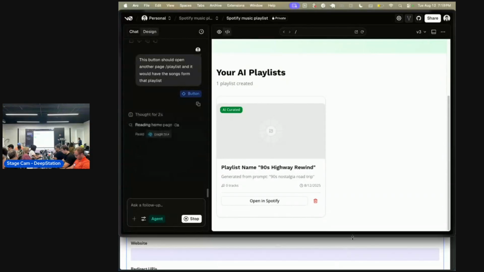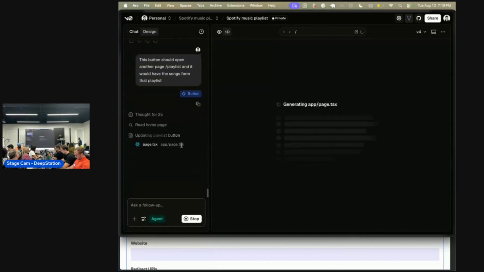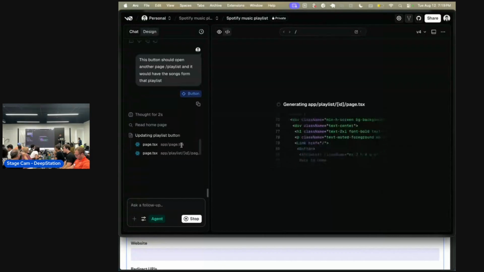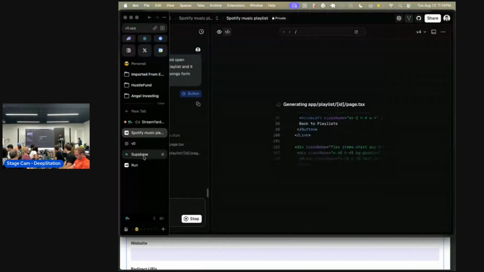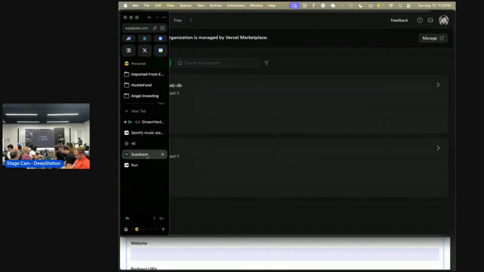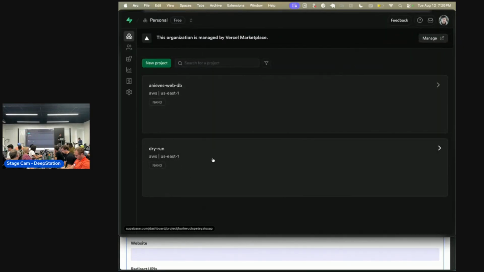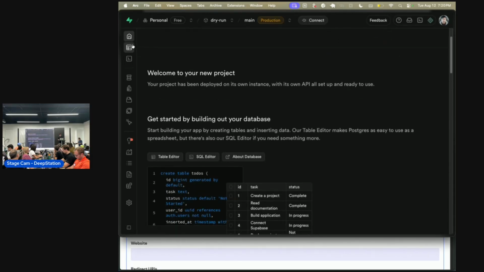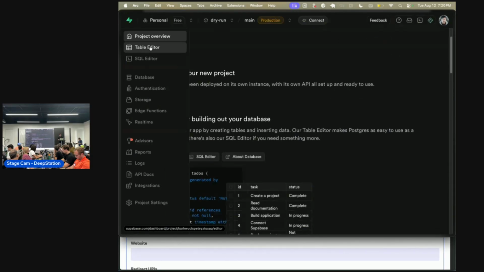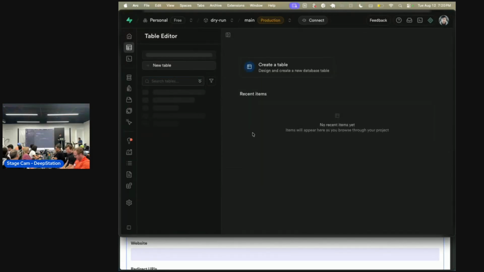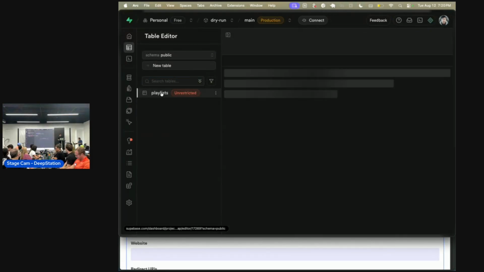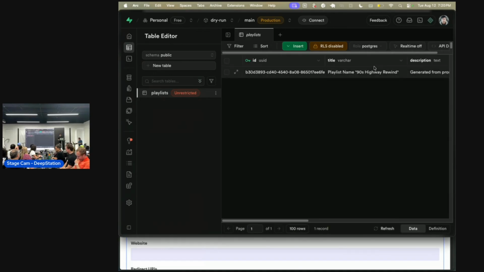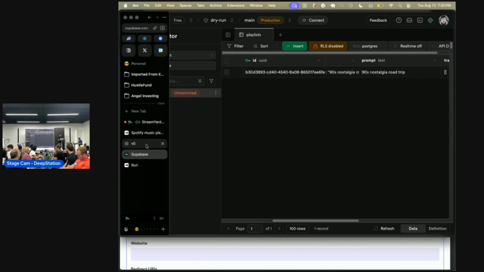As I said before, I select this button, so it will go to whatever that definition is, and actually attempt to do the connection with the database. Here what it should do is, and we can confirm this if I go to Supabase, while this builds, this is the actual database that we created, that we're interacting with. I go here, and then we see the databases. Yep, here. And this is 90s highway rewind. This is the actual data, right? So if I go back to v0,